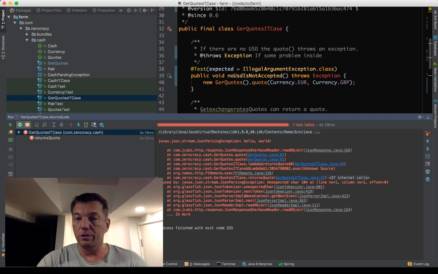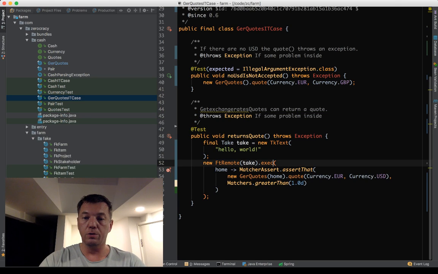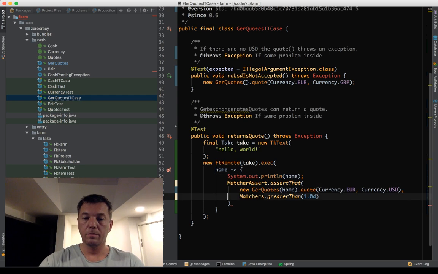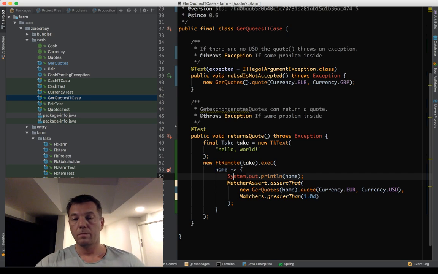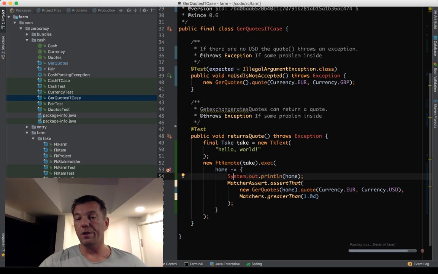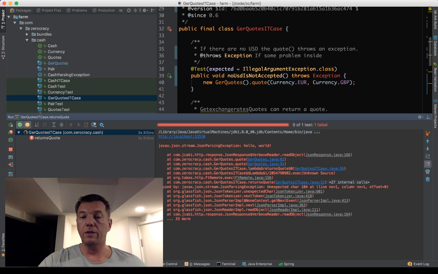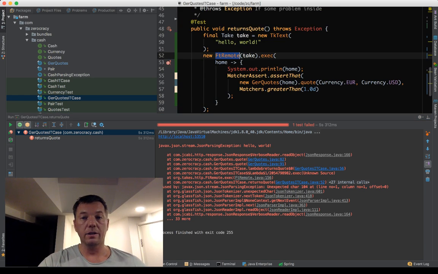So we made a connection to the real server and we got the hello world from there on some port. You want to see what the port is? I can show you here. So this home is a URL, the URI of the running web server. Okay, you see, that's the address. HTTP localhost 53510. So this 53510 is a random TCP port which was allocated automatically by this class. So it found a free available TCP port.